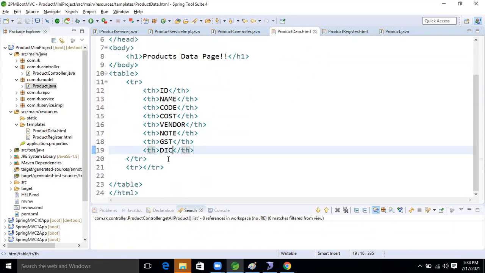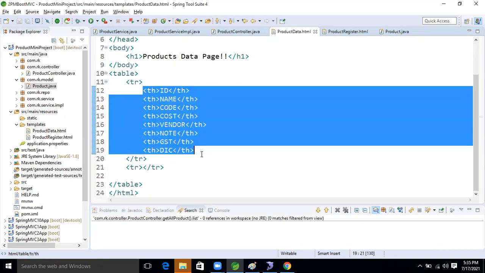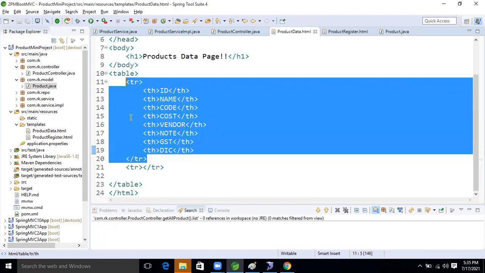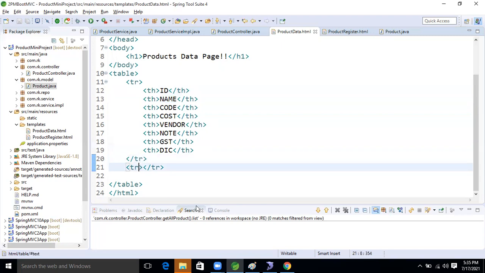Okay, good. After that, we will iterate that list of data, right? Again, 1, 2, 3, 4, 5, 6, 7, 8 fields are there. Good. So now this tr is completed. Now take the for each condition in the tr, right? This is how the table will be created now, guys. This one will become the header part.